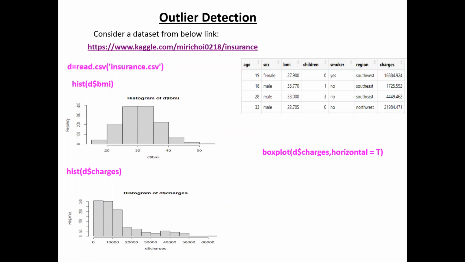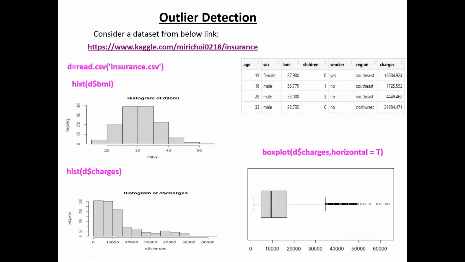Similarly, there is another beautiful measure called box plot, which shows outliers for us. I am seeing only the box plot for these charges: boxplot of D dollar charges and horizontal equal to TRUE. To see the visualization in an easier way, I used horizontal equal to TRUE. Now it shows like this.